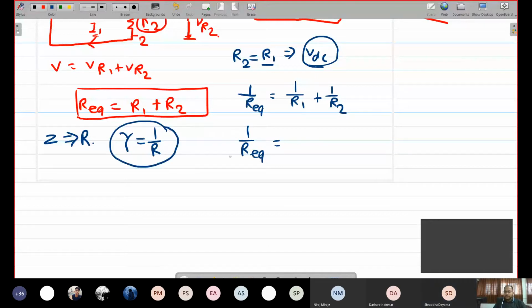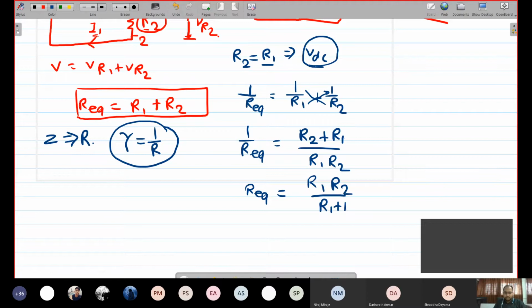Is that fine? Okay. So how do we calculate the equivalent resistance, 1 upon R1 plus 1 upon R2? Let us do the cross multiplication. So R2 will be multiplied over here and R1 will be multiplied over here, to 1. And then the denominator is R1 R2. And in order to find R equivalent, we take a reciprocal, isn't it? And that's why we have got this equation. Am I right? I hope you might have studied this in the 8th or 9th, or maybe in the 10th as well.